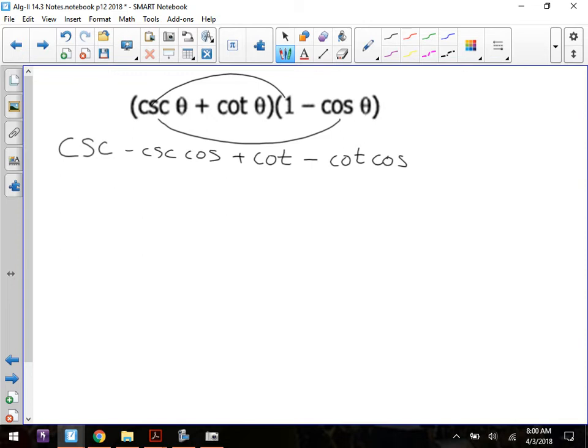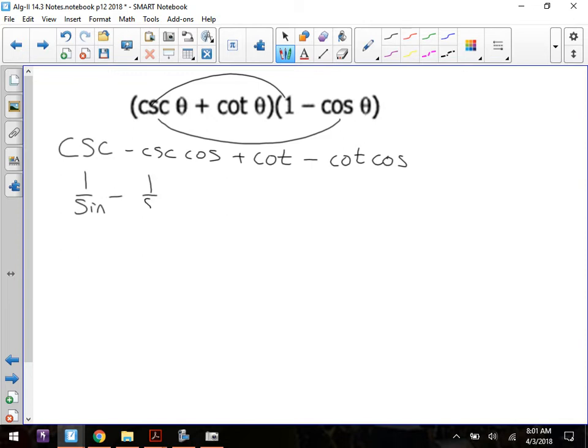Now, what I want to do is rewrite everything in terms of sines and cosines. When you have a mixture of reciprocal properties and standard properties, what I mean like cosine, sine, tangent, or cosine and sine, those are my standard ones. Whenever I see mixtures of things, I always want to try to write them as the main properties, because a lot of times things simplify. Cosecant is the reciprocal property of what? Sine. So I have 1 over sine